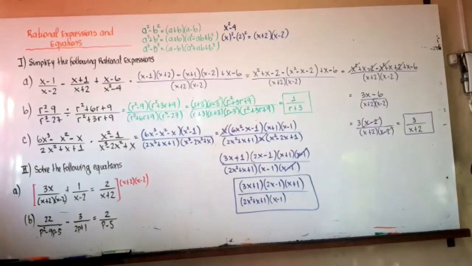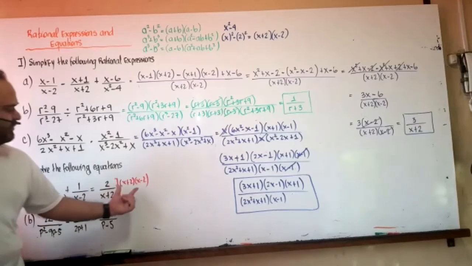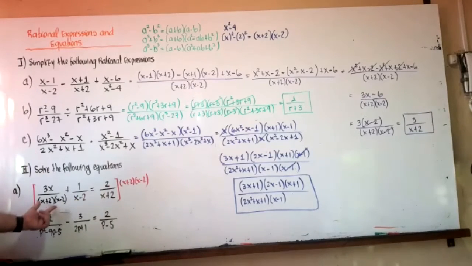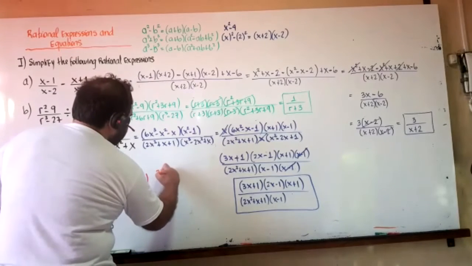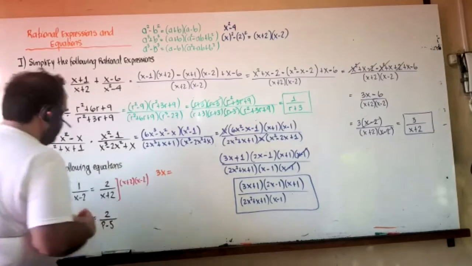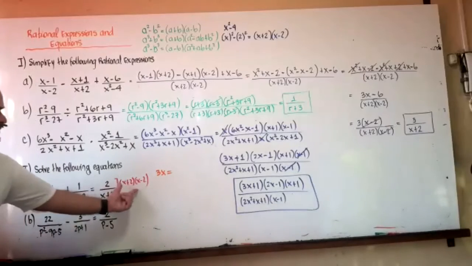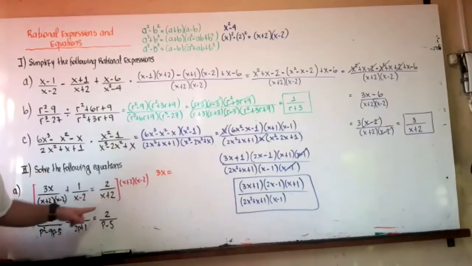So what is going to happen? Simple. In the first term, these two terms with this denominator will be canceled. So the new expression will be given by 3x equals